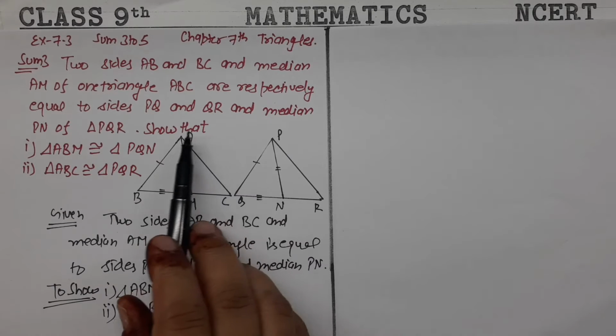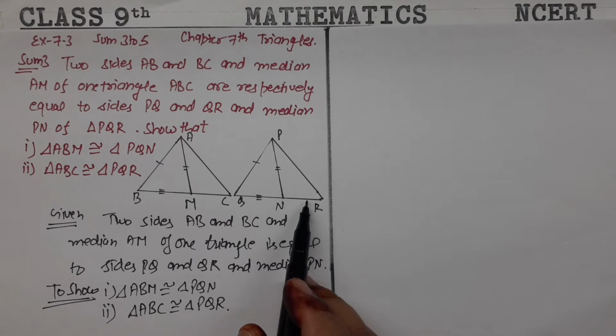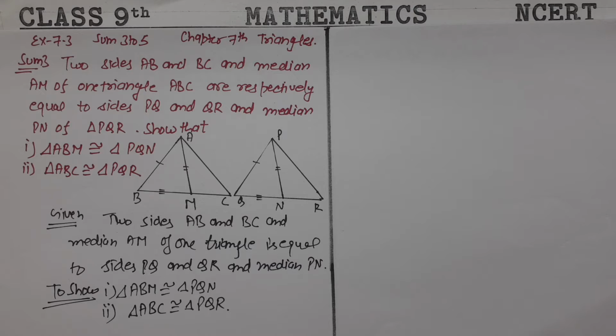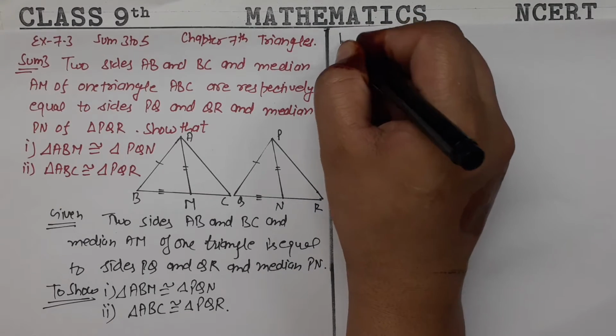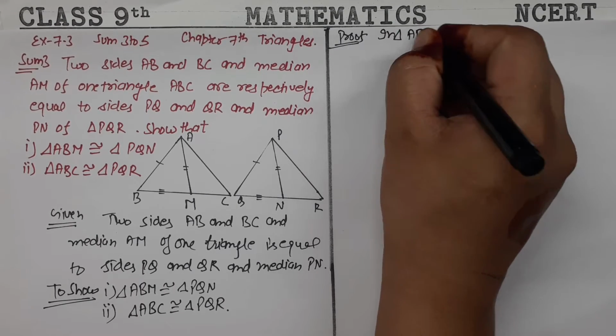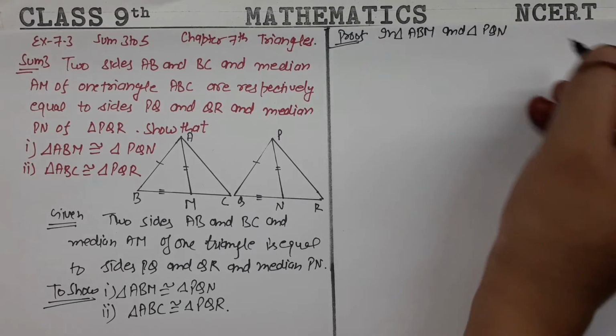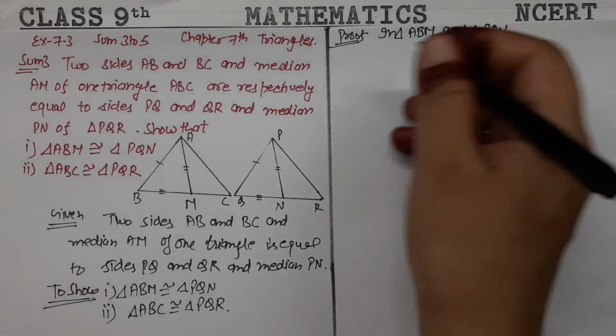here AM and PN are the medians. A median divides the side into two equal parts on which it falls. That means BM equals to CM, QN equals to RN. Proof. In triangle ABM and in triangle PQN,